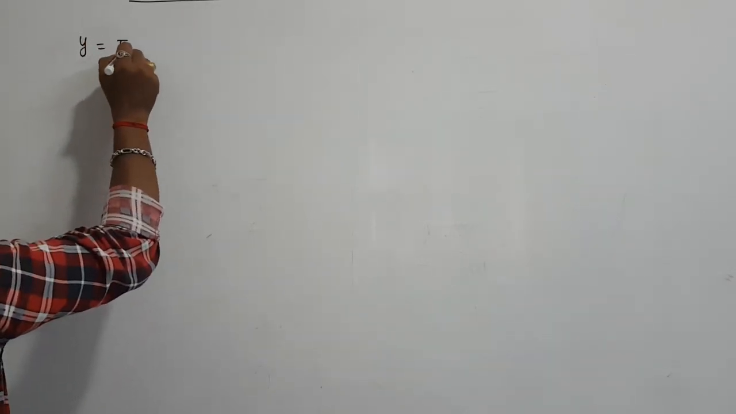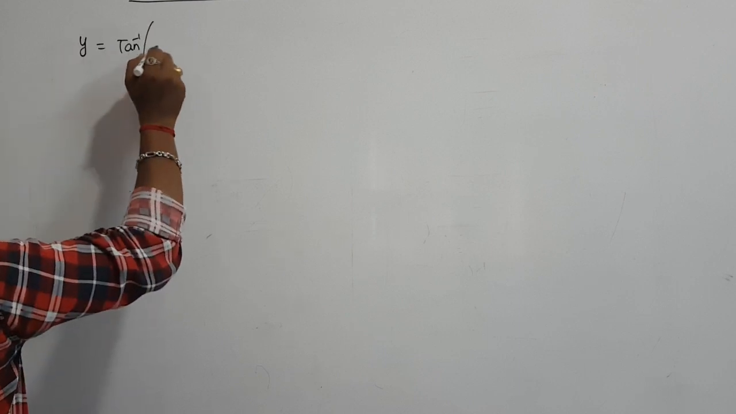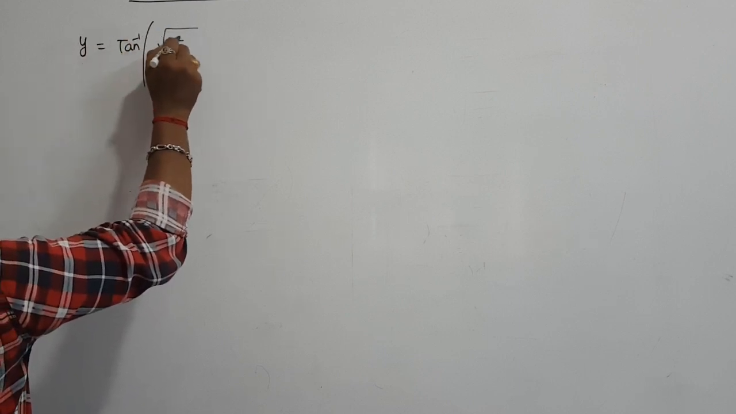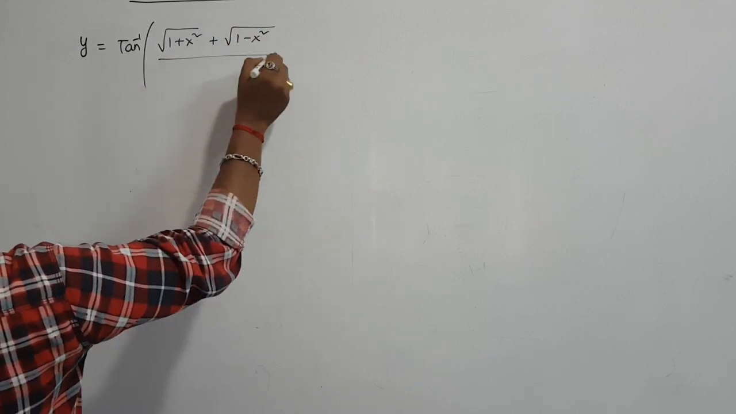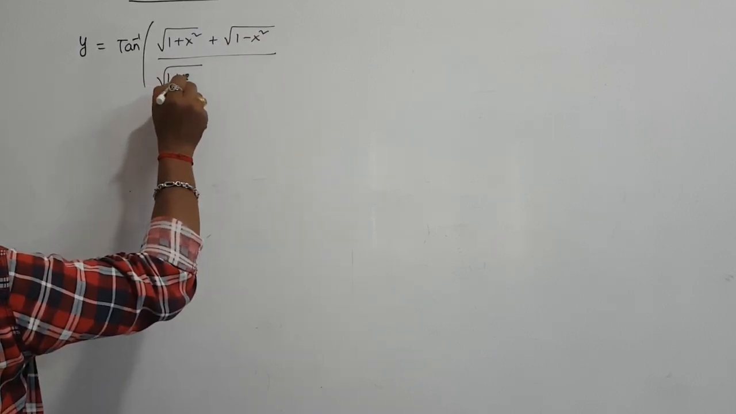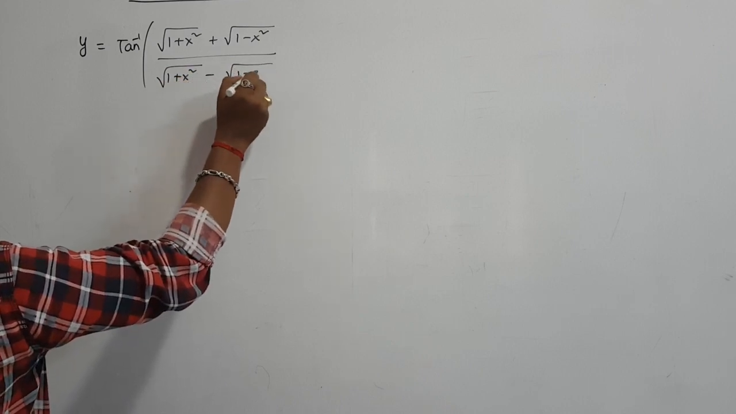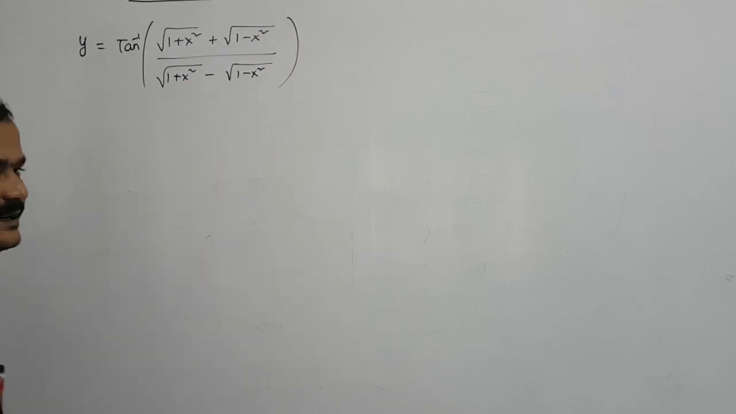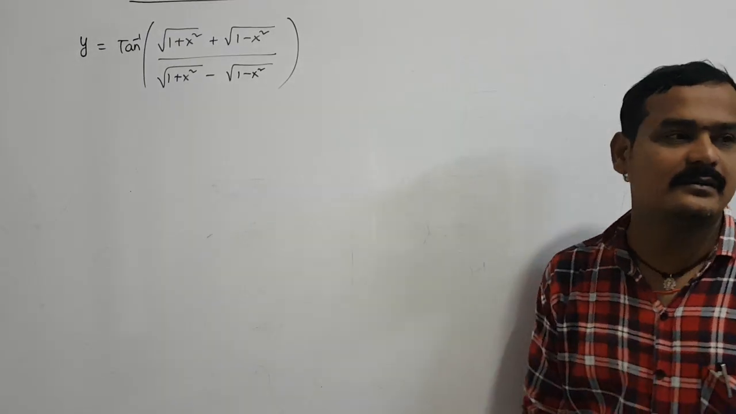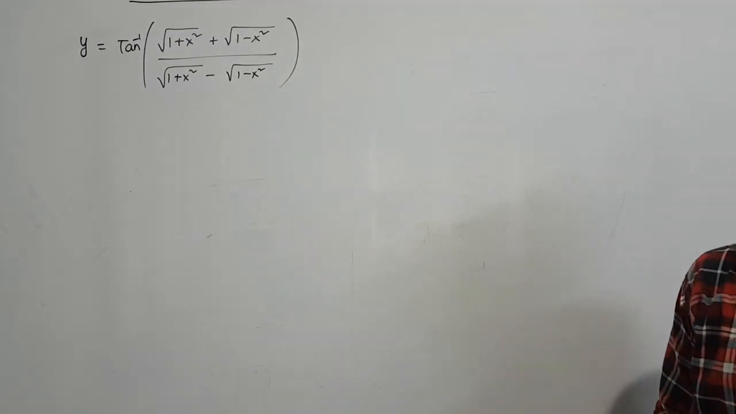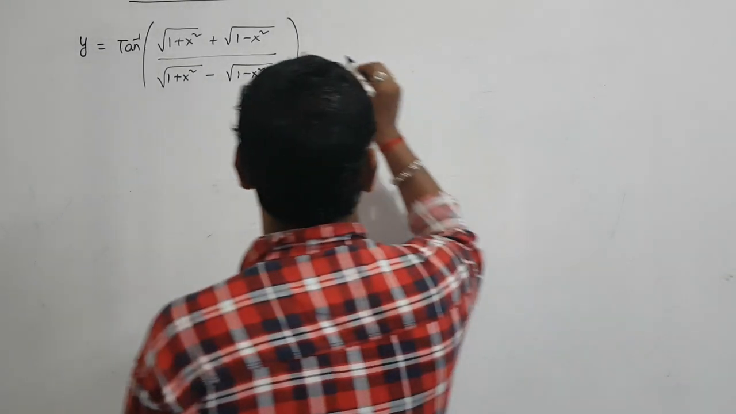Again, the very most important question for 4 marks and 6 marks, both are given. Root over tan inverse of (root over 1 plus x square plus root over 1 minus x square) by (root over 1 plus x square minus root over 1 minus x square). Actually, this is the formula, one of the problems from the origin problem, this main problem is